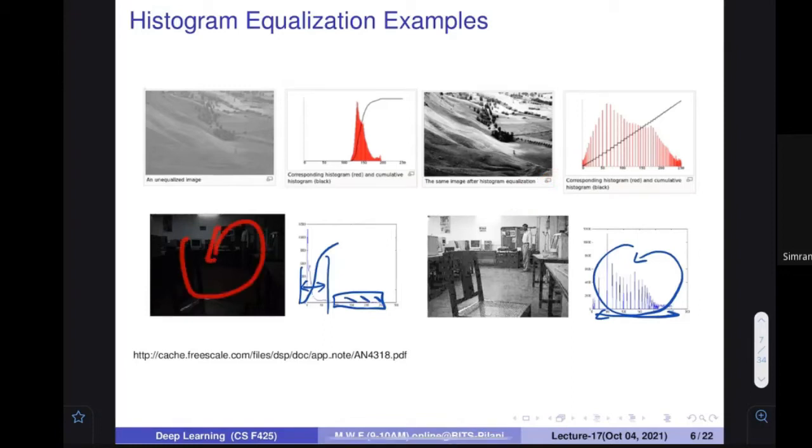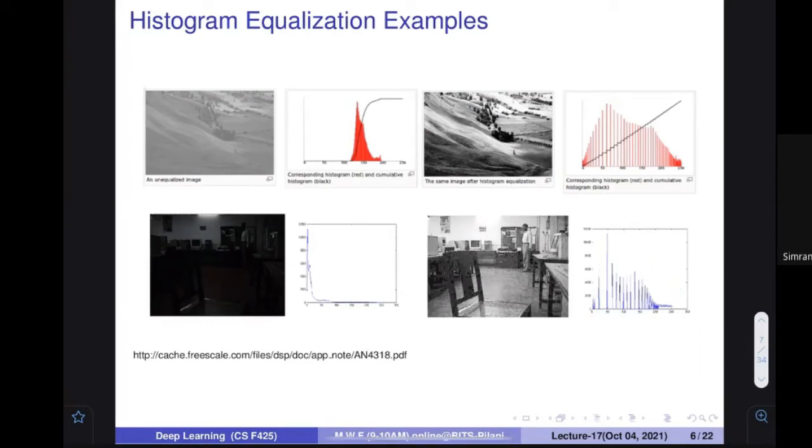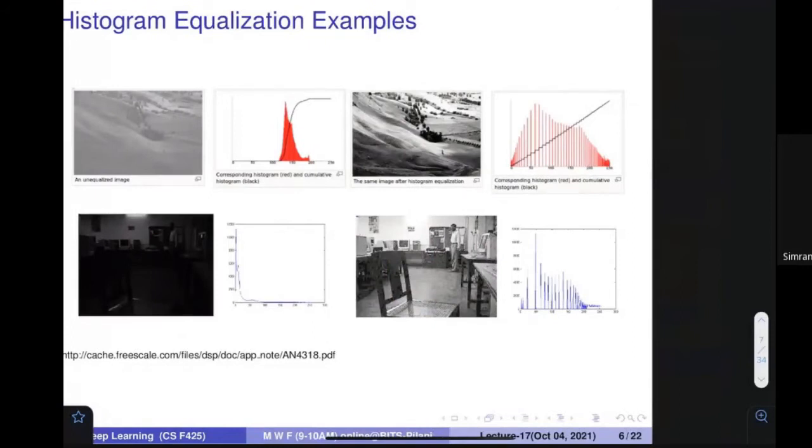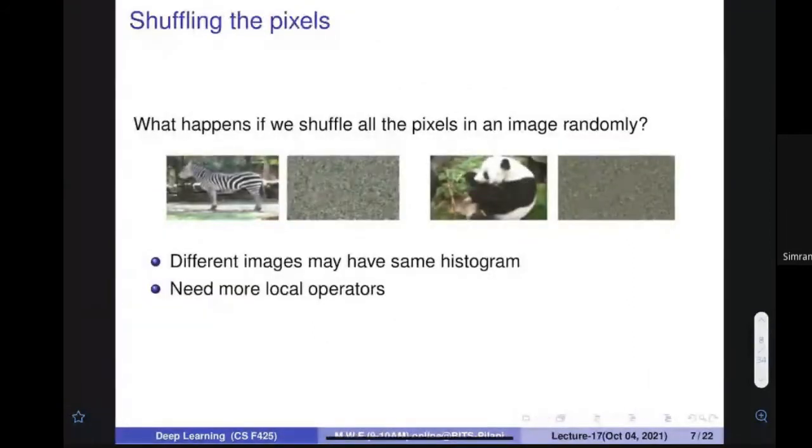Similarly, here you can hardly see what is inside this image, but if you look at the histogram, it is like this. The process of histogram equalization can change the scenario. If you do histogram equalization, just neglecting these extreme values, you get this, and if you plot it, this is the image. You can see a very clear difference between these two images, and it is one of the wonderful results you can get with this kind of setting.